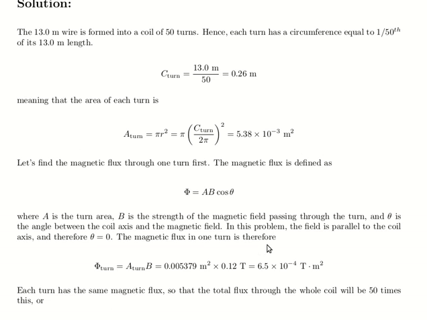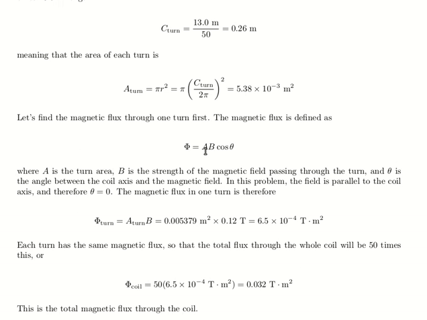The flux is going to be equal to the area, which we just calculated, times the magnetic field strength B, times the cosine of the angle between the two being the axis of the coil and the magnetic field. We're told that those two are parallel to one another, so we have the cosine of 0 degrees, or 1. So the flux, therefore, is going to be equal to, and this is the flux for one turn, the area of that turn times the magnetic field, which goes through it, and that gives us